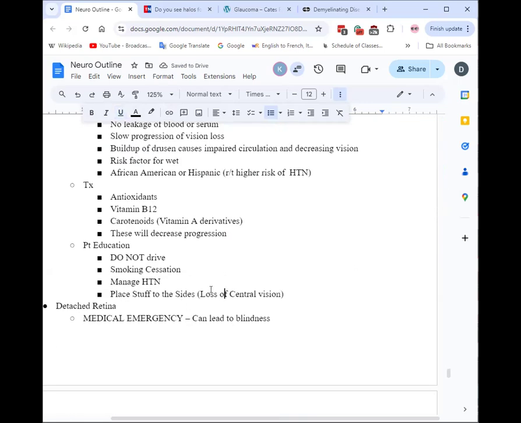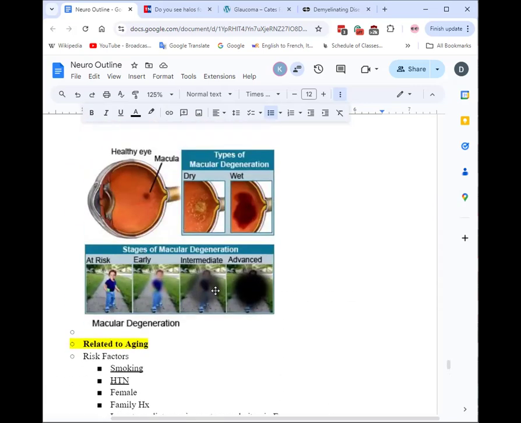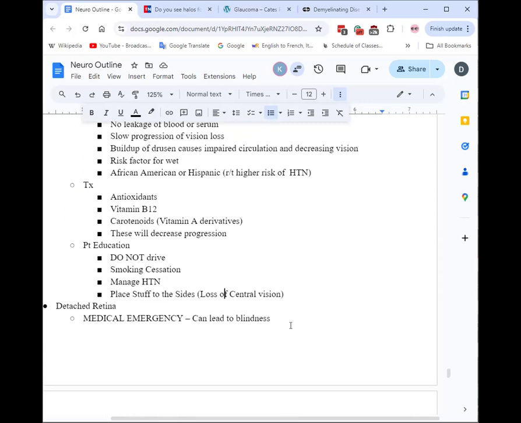So if someone has macular degeneration, maybe you'll get a question like, patient has macular degeneration. What's something to stop your CNA from doing, or when do you intervene if your CNA does blank? And maybe it's because they're putting everything in front of the patient instead of to their sides. So that's where you would intervene with the CNA and let them know that the patient has trouble seeing in front of them. They can only really use their peripheral vision. So things like that.